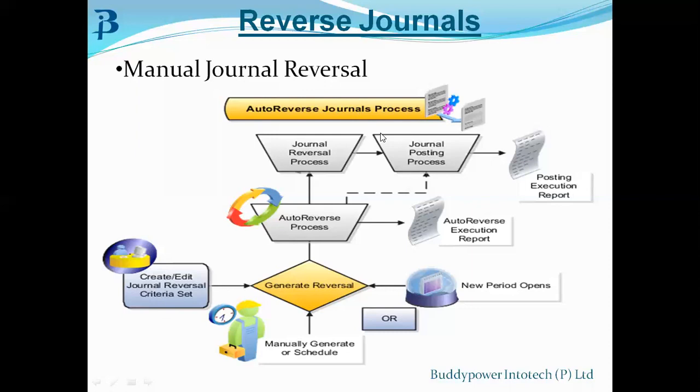In between, if something has been missed out, or if a few entries are missed out, or it has not been processed properly, either you can manually do it, or again, if there are a larger number of entries, what you do is you do the correction in the spreadsheet, then you import it, and you again send it for auto reversal. So that is one option. If there are only a single one or two entries, you can do that manually as well. Okay, fine.